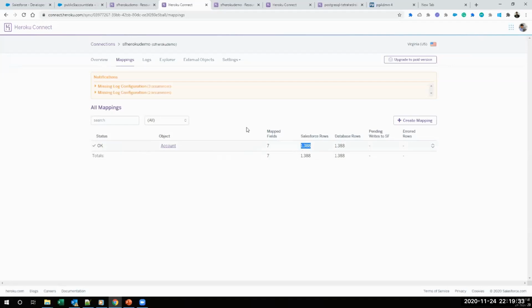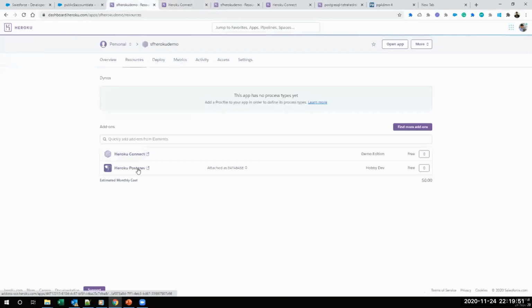Now we'll see the second part, where Global Containers wants to send their account data into Salesforce. So how can we achieve this functionality? First we'll see the Postgres database. So again, I'll go here and open this Postgres database. You can simply click here and it will open in a new tab.